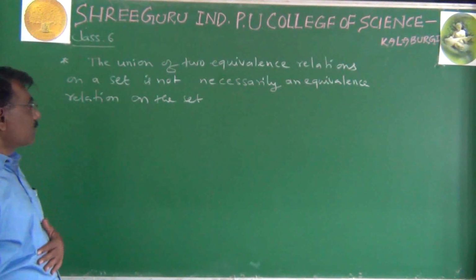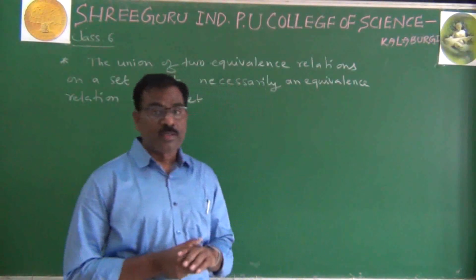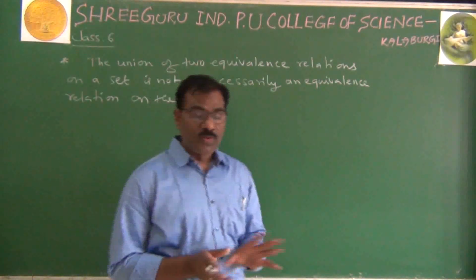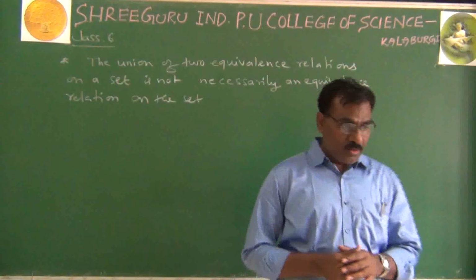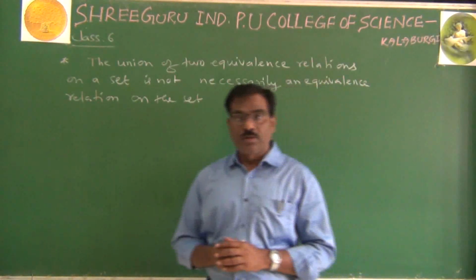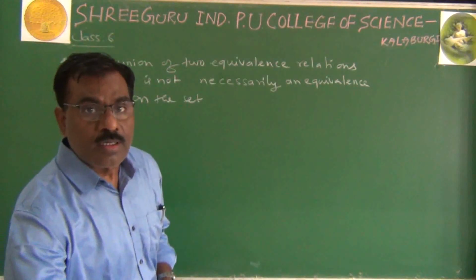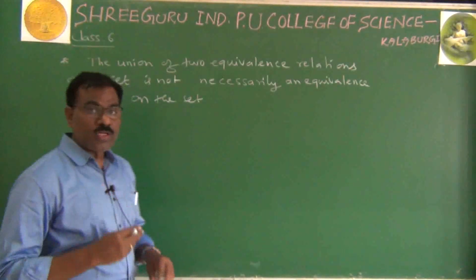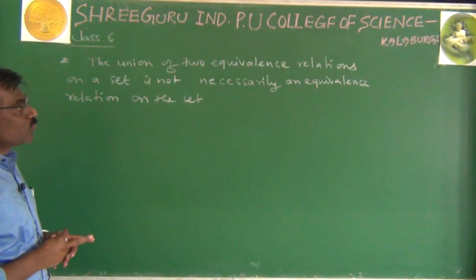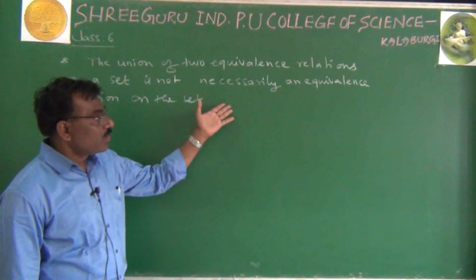This is video number 6, class number 6. Yesterday I explained one problem: the intersection of two equivalence relations is always an equivalence relation. Next problem: the union of two equivalence relations on a set A is not necessarily an